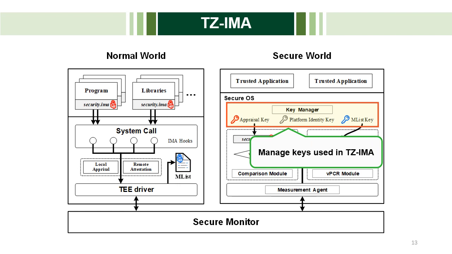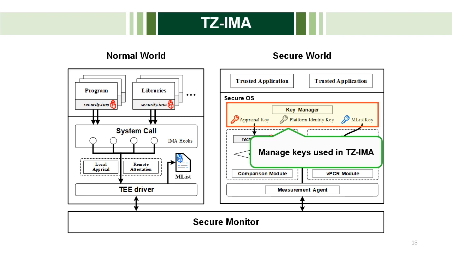Fourth, the key manager model is responsible for managing the 3 keys used in TZ-IMA. The appraisal key and the mlist key are 2 symmetric encryption keys, used to encrypt the reference value of the application hash and the entries of the measurement list, respectively. The platform identity key is a private RSA key used to identify the